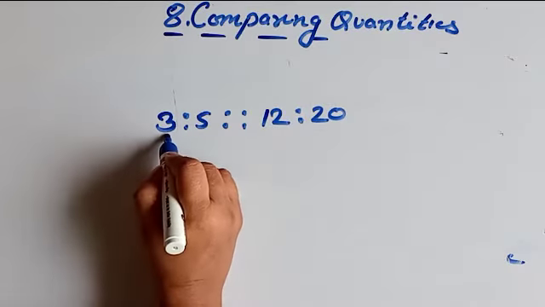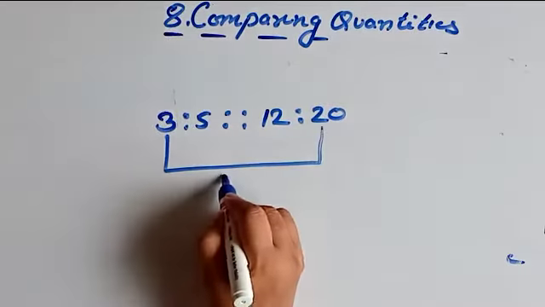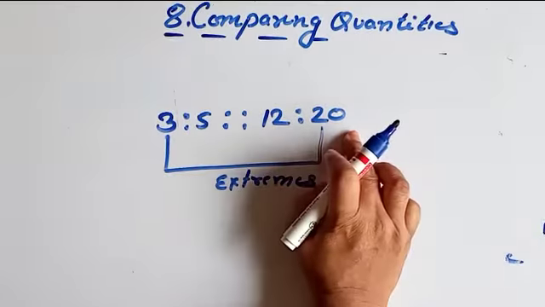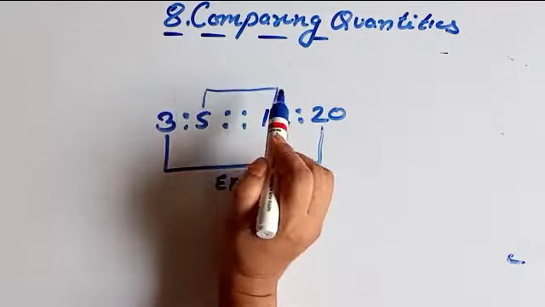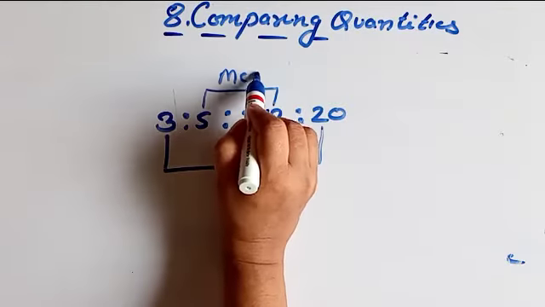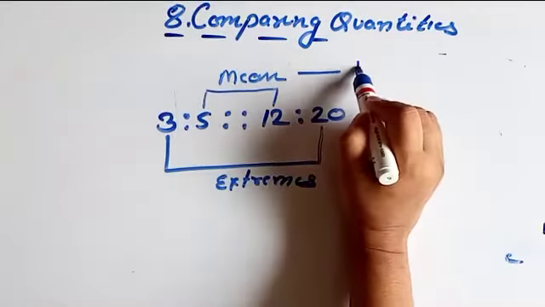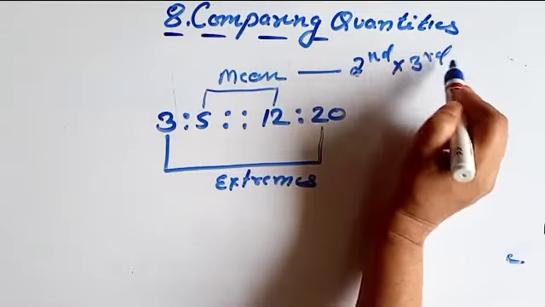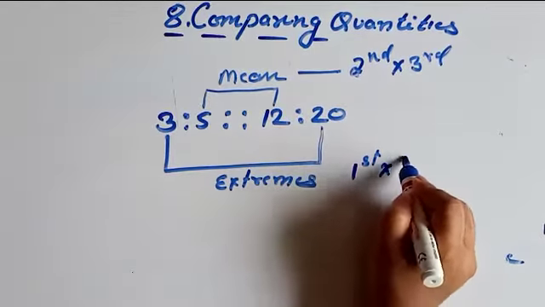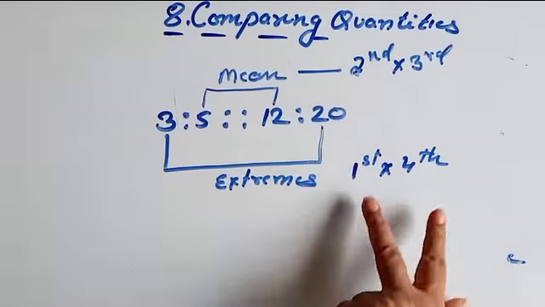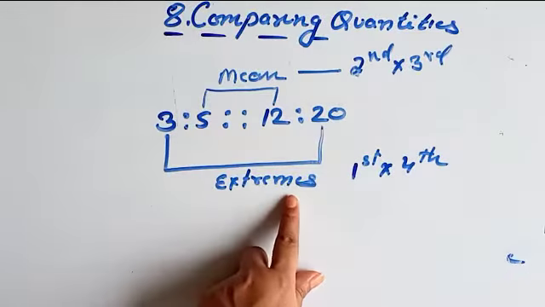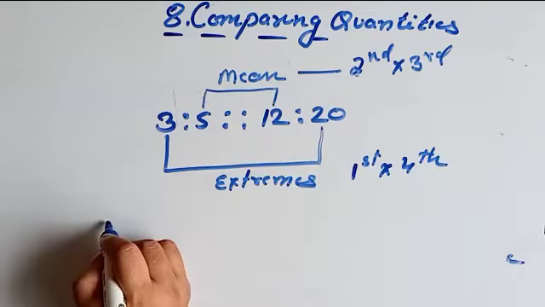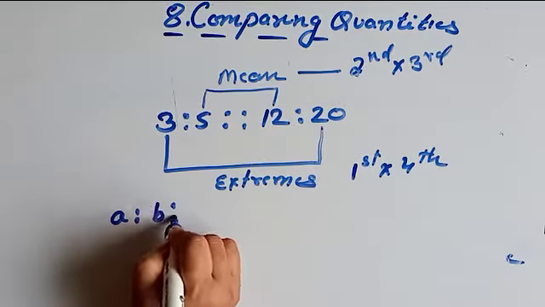This first and this fourth are known as the extremes. The first and the fourth are known as the extremes, and second and third are known as the means. Second and third, first and fourth. First and fourth are the extremes, and second and third are the means. Okay, so if I take it in this way,